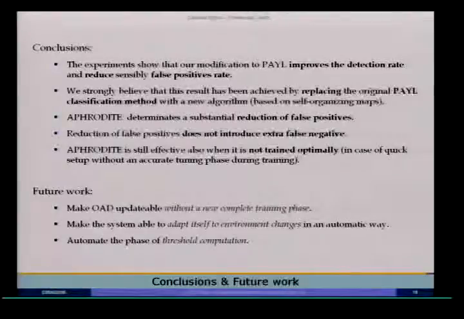I have seen systems that try to reduce false positives by making a person classify all the alerts produced by an intrusion detection system, and then the system learns how to classify unwanted attacks. But the system has to be retrained every week, and this person has to train the system again. In our case, we don't need to overload the IT personnel,